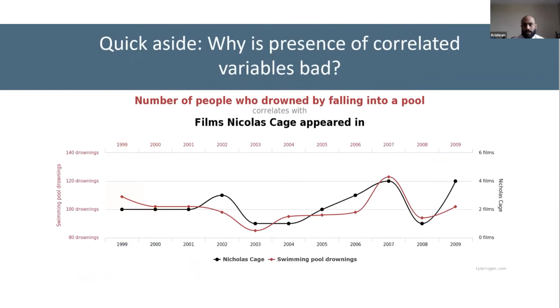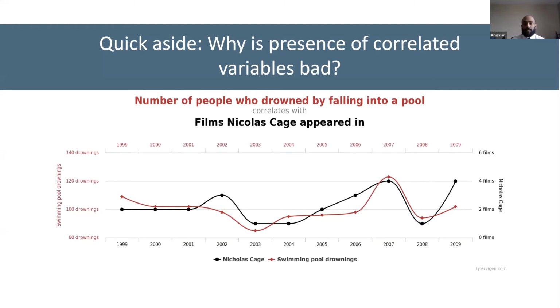So just as a quick aside, for people who are not familiar, Nicolas Cage is an actor who has acted in some really good movies and some really terrible movies. So what is correlation? Correlation is just two variables varying together, and the presence of these variables in the data analysis pipeline leads to muddling of insights, in the sense that one of these variables can show up as more important,